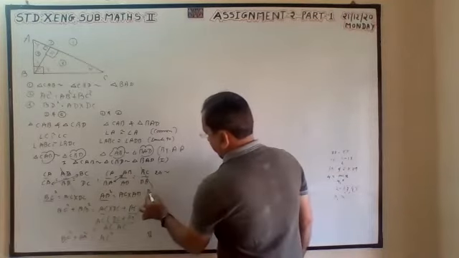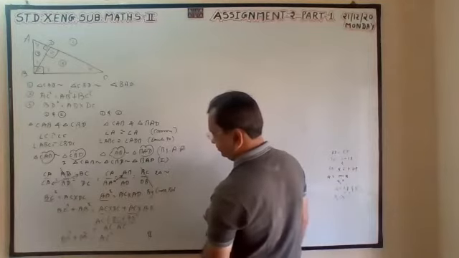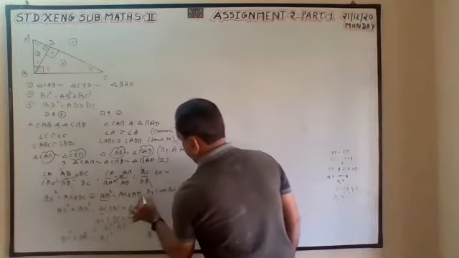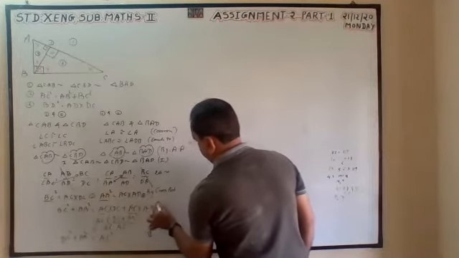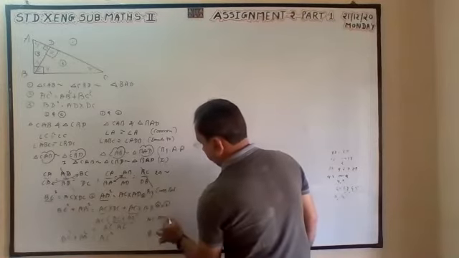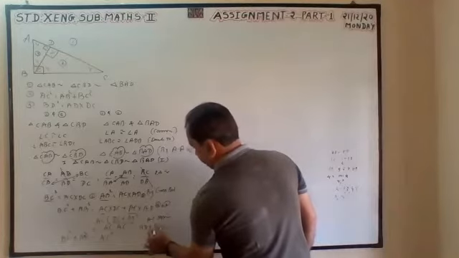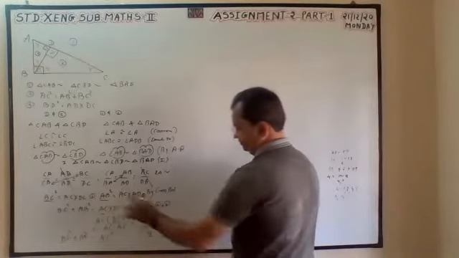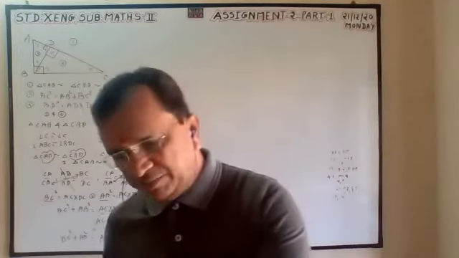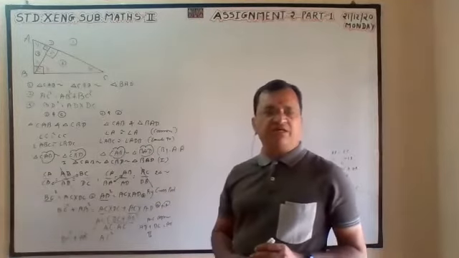Here by cross product, by adding A and B, AC common. Now AD plus DC is equal to AC. Now come to the third proof. First proof done, second proof done.